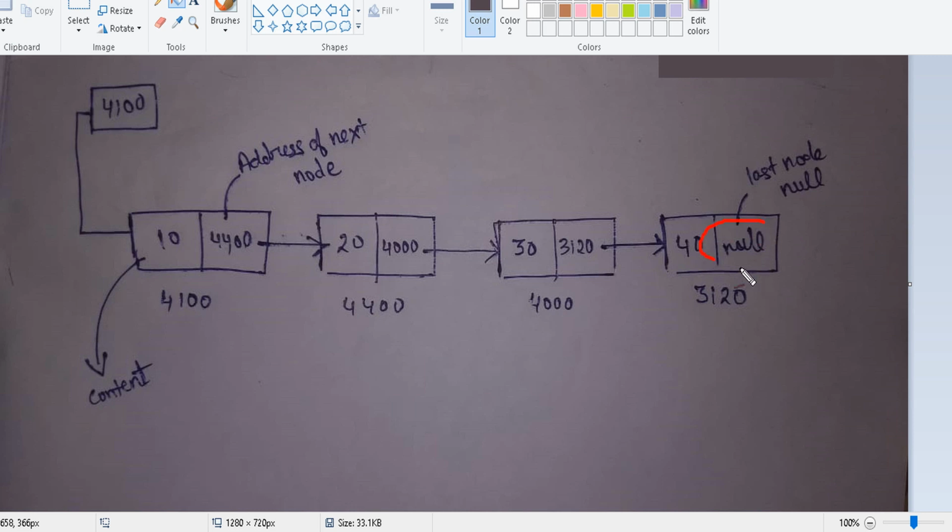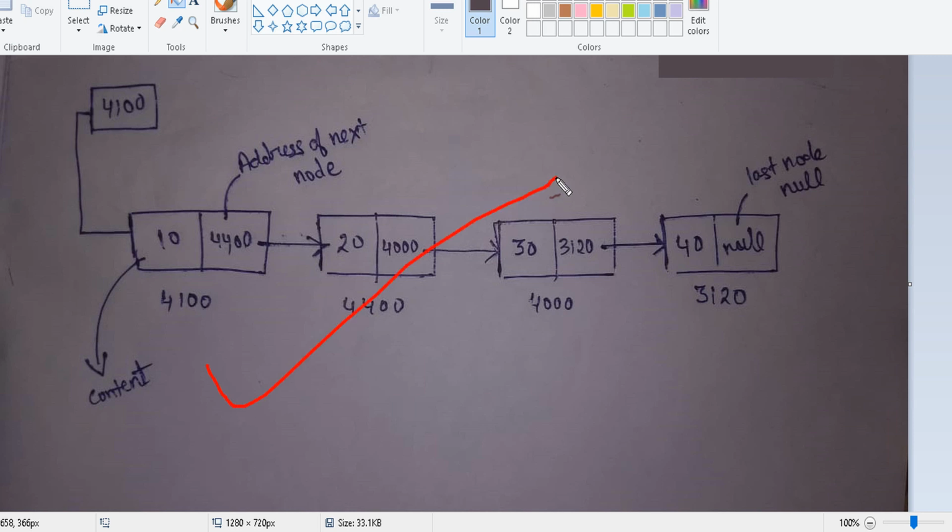This is compulsory, and the head will link to the next node addresses. Each node is divided into two parts, the content and the address of the next node, and combined it's called a node. So this is the representation of a linked list.